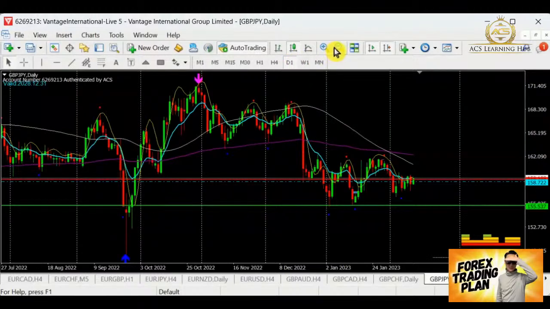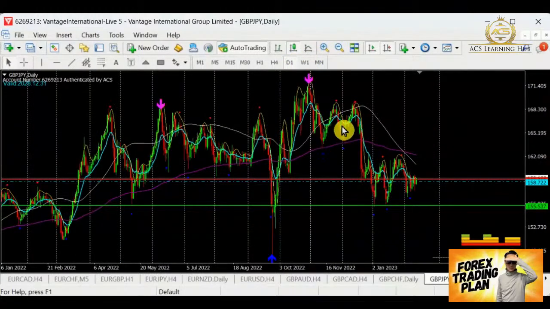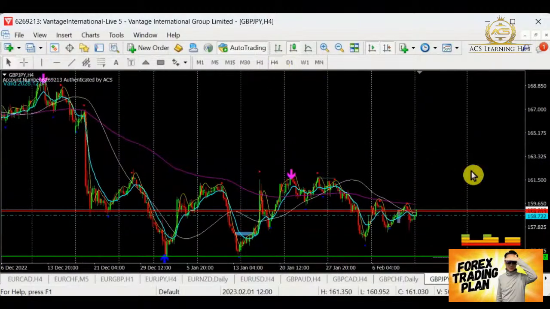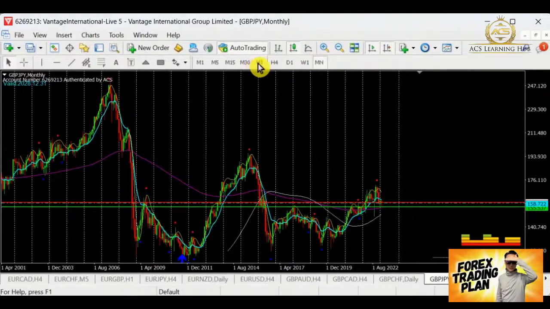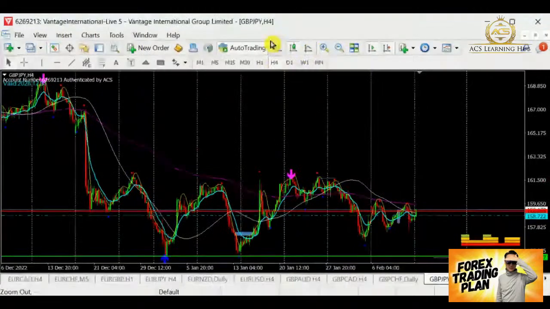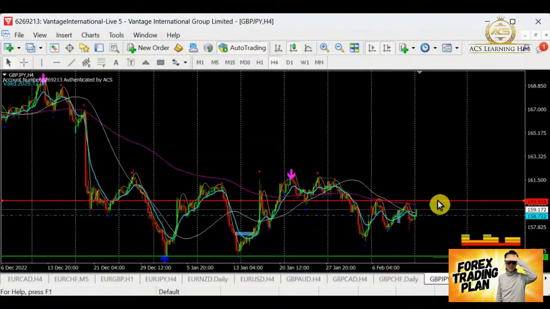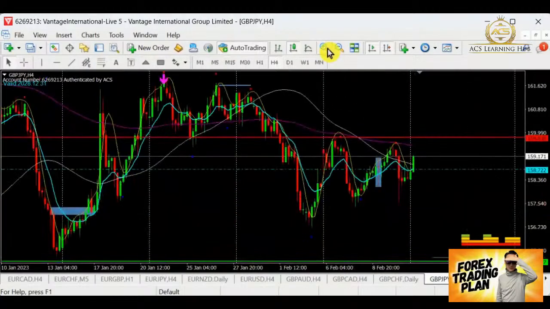Let's move on over to Pow Yen. As we can see at this point here, it went round for quite a while, and since last year until now it's been selling down, and then we started to hover around this area once again. Today I will say that we are still in the bear, but it looks like a retracement day to look out for a resistance, so that they can continue selling down maybe in the second half of the day or maybe even tomorrow. So I would suggest that for Pow Yen, maybe we can wait for a while, and tomorrow then we'll take a look, or maybe the second half of the day.